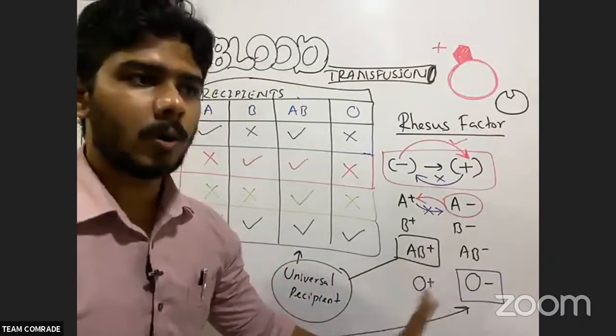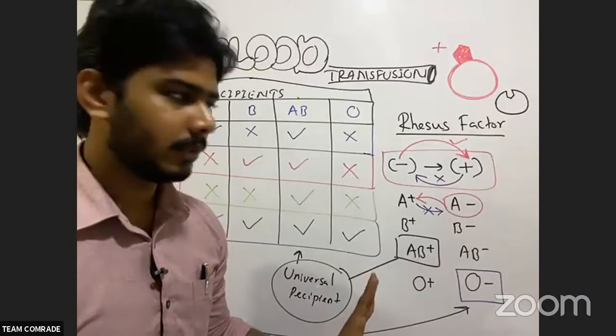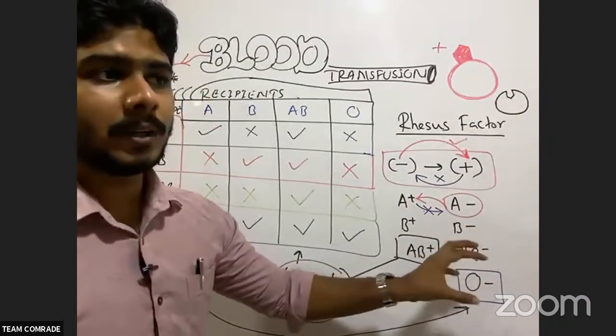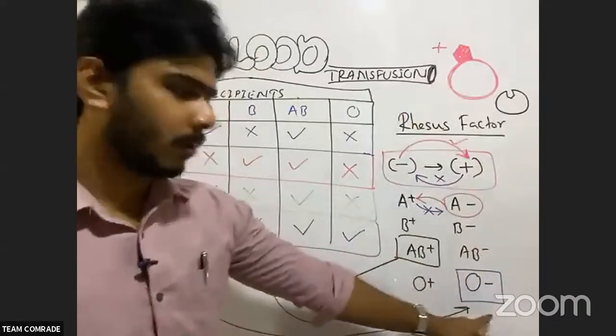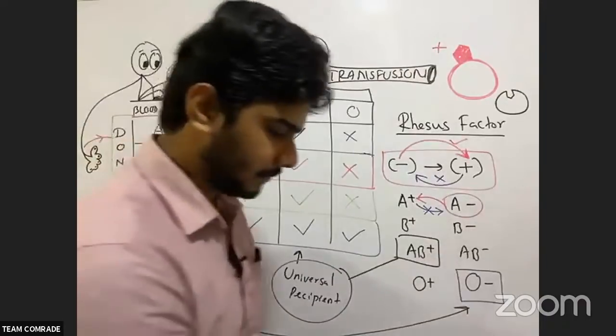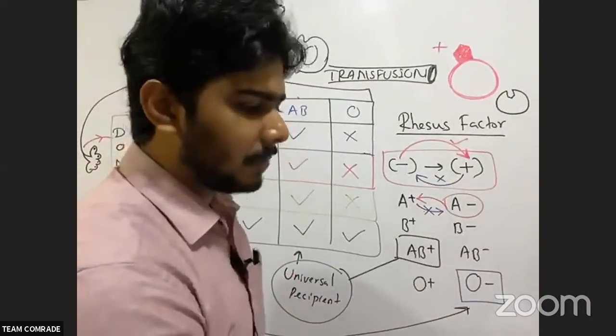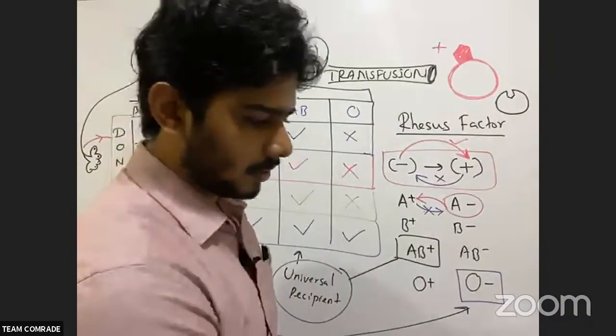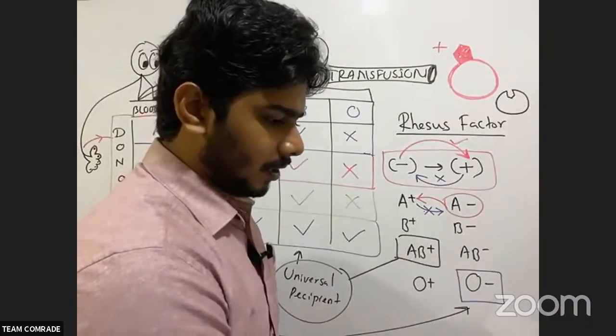Normally you can write O is the universal donor, because normally that is the universal donor. With the proper one, which can give to anyone, that means one. They won't ask like that. If they ask, you answer. So normally in your syllabus, O is the universal donor and AB is the universal recipient. That's enough.